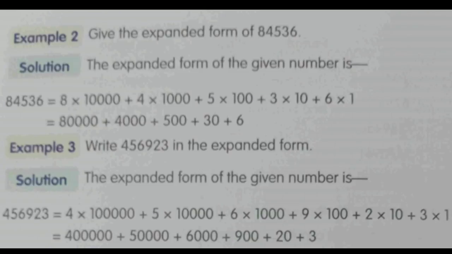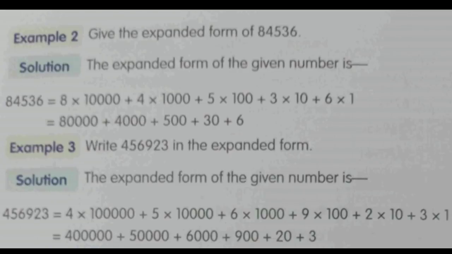Now what you have to do, you have to write the expanded form. So for writing it into the expanded form, you have to write it in the sum of its place values. So let's start. 84536. If we talk about the first digit, that is 8, it is on the 10,000 place. So we just write it as 8 into 10,000 plus next digit is 4, which is on the thousands place. So you just multiply 4 with that of 1000. Next is 5, which is on the 100 place. So just multiply 5 with that of 100. Next digit is 3, that is on the tens place. So just multiply 3 with 10. And the next is the 6, that is on the ones place. So just write it as 6 into 1.